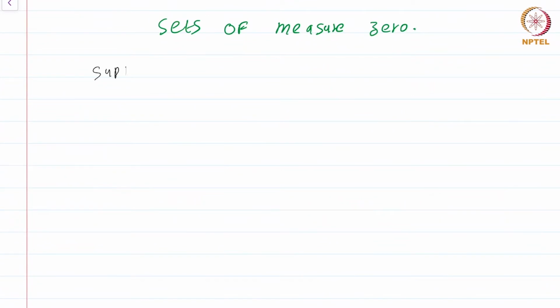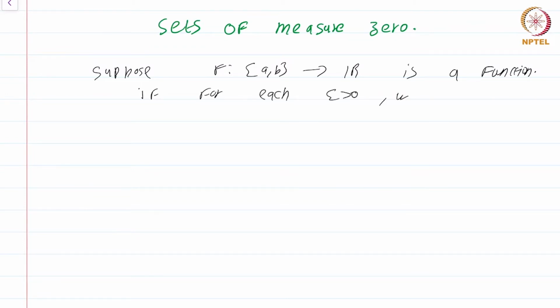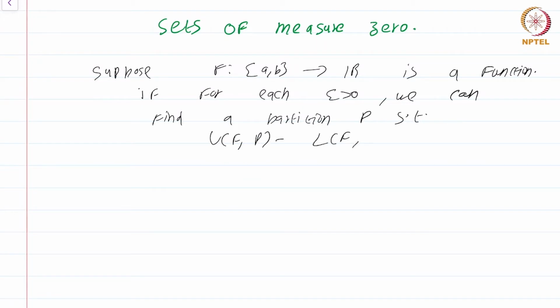Suppose f from [a, b] to R is a function. We want to understand if f is integrable or not. We already know that f will be integrable if for each epsilon greater than 0 we can find a partition P